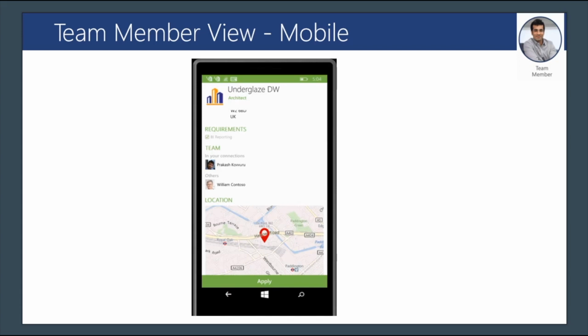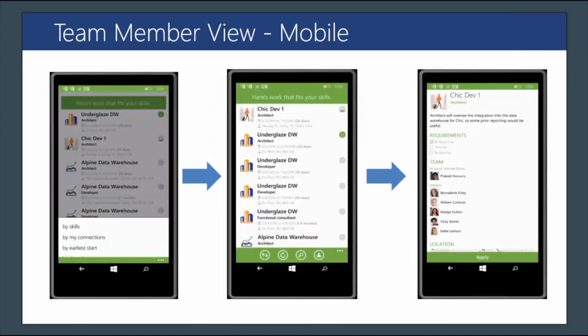So to find those open projects that meet their skill set and apply for those open positions, the team member can pivot amongst a couple of different views that suit their needs. So if I sort my projects by a different pivot, rather than looking at them by skills, which I'm currently looking at right now, we can see right here that the Underglaze DW project is currently the top project for me. But if I pivot to show me projects based upon possibly who I've worked with in the past,